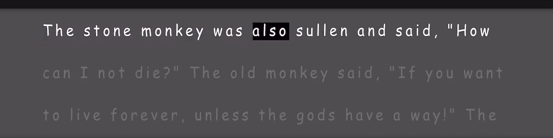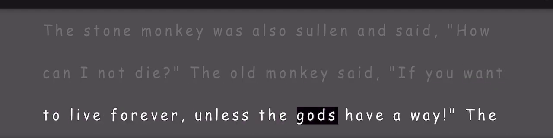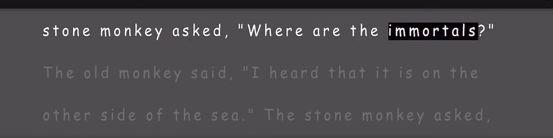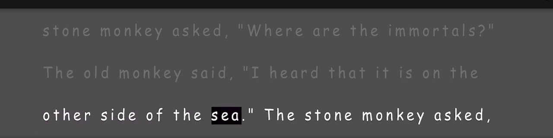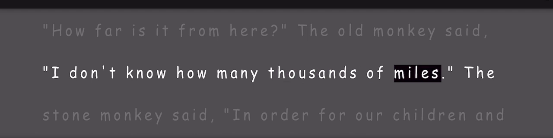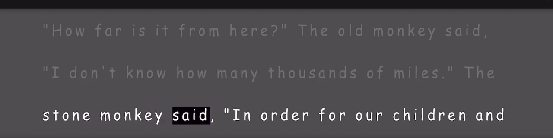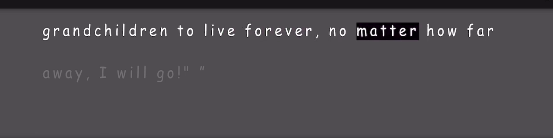The stone monkey was also sullen and said, "How can I not die?" The old monkey said, "If you want to live forever, unless the immortals have a way." The stone monkey asked, "Where are the immortals?" The old monkey said, "I heard that they are on the other side of the sea." The stone monkey asked, "How far is it from here?" The old monkey said, "I don't know how many thousands of miles." The stone monkey said, "In order for our children and grandchildren to live forever, no matter how far away, I